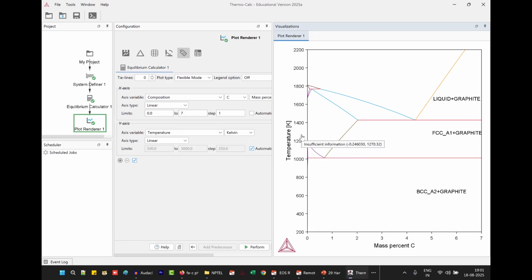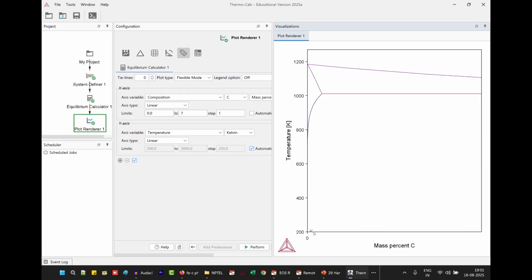What happens is, you can see in the left extreme, I'm trying to zoom in to this area, so just click the mouse and drag it like this and leave it. Then you can see only up to, let's say here, if I keep the mouse, you can see 0.2. Okay, 0.2 is there in the brackets, meaning that's the maximum carbon content up to which I have zoomed into. In that way you can see BCC A2 appears here. This is the iron in BCC structure, and maximum carbon that you can add is only this much.